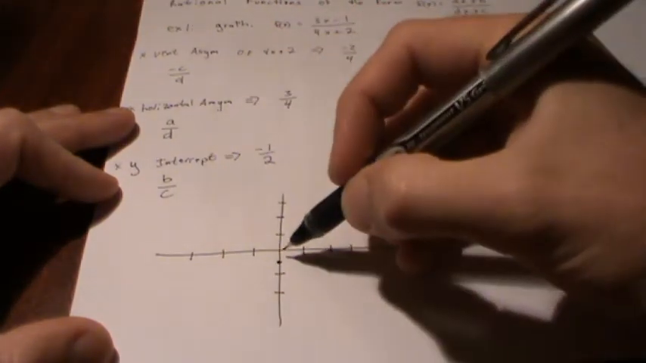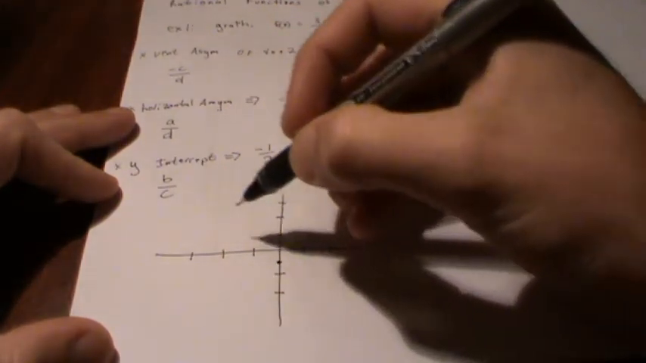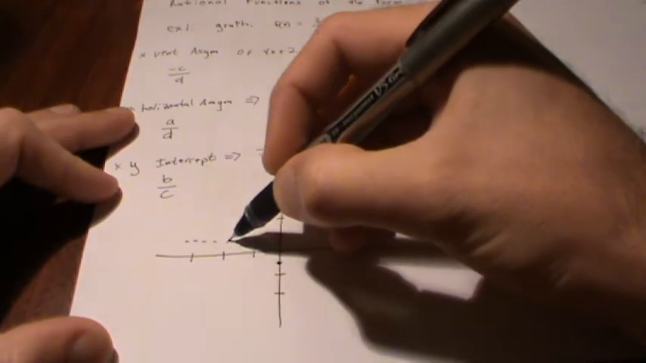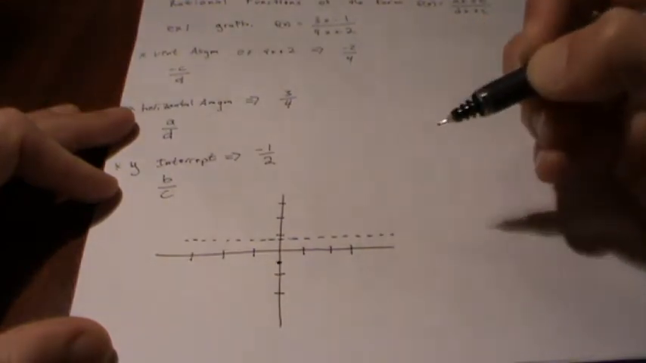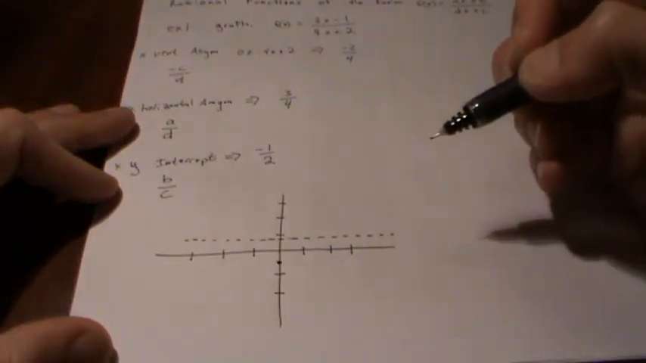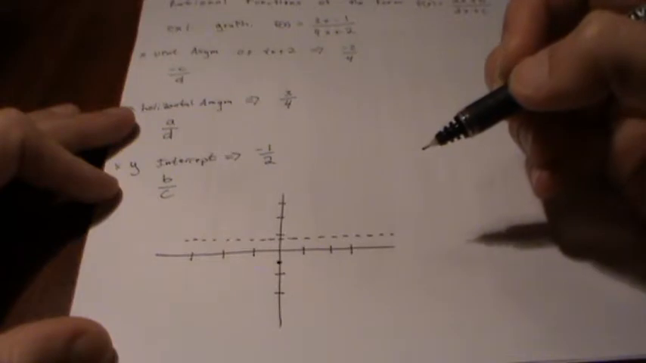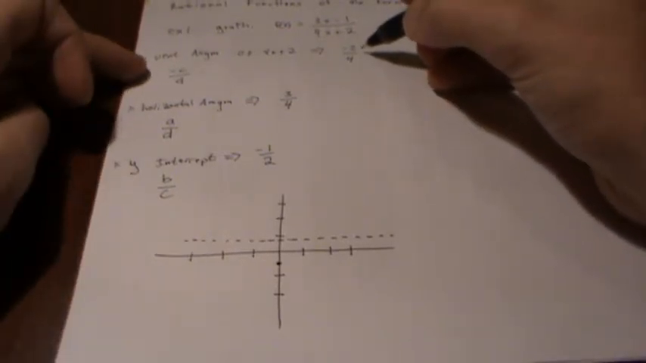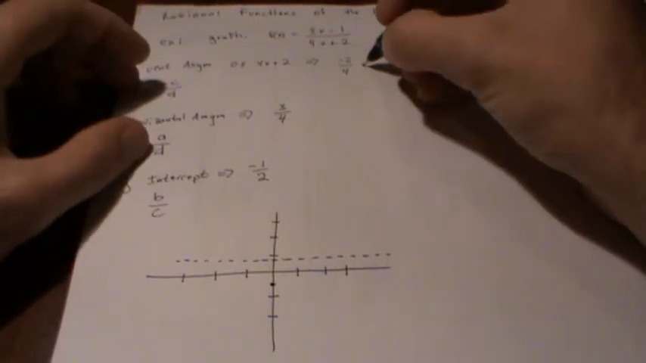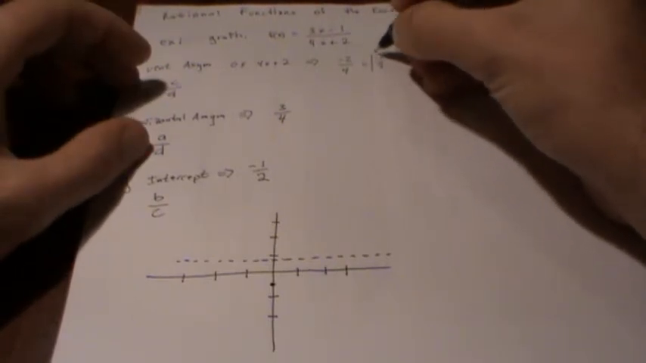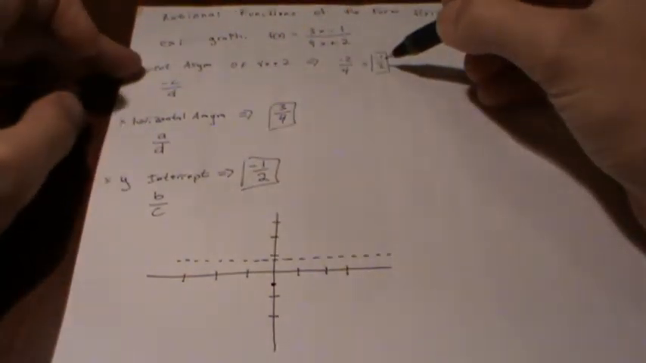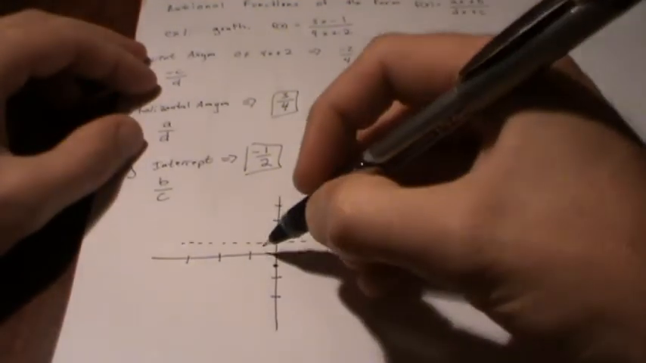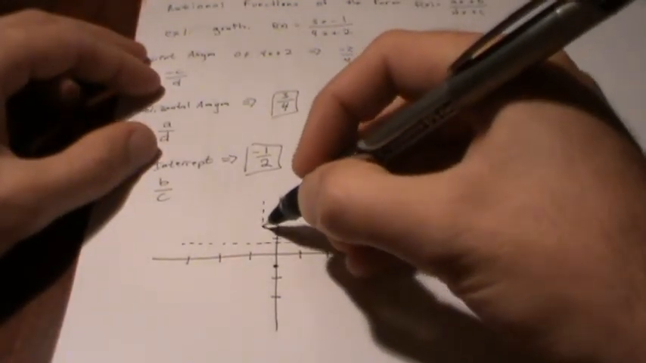Now I've got a horizontal asymptote at 3/4. 3/4 is almost 1. So I'll go ahead and put my horizontal asymptote there at 3/4. Then I've got a vertical asymptote at negative 2/4. I'm going to reduce this to negative 1/2. So my vertical asymptote is also negative 1/2. So I've got a vertical asymptote here,